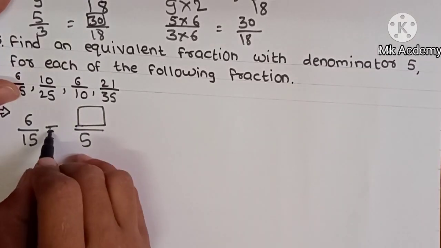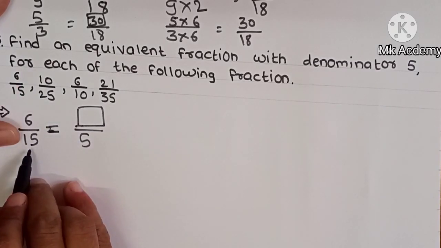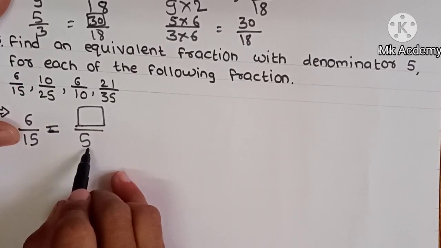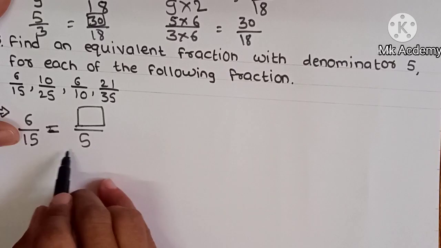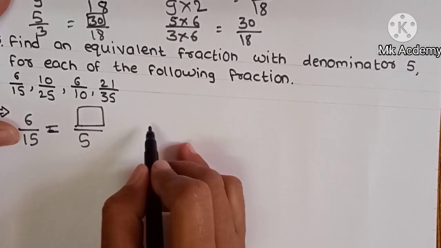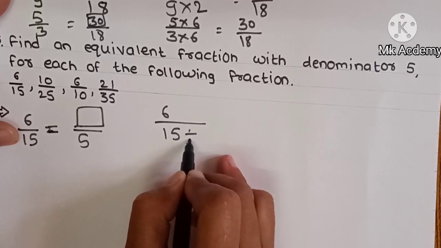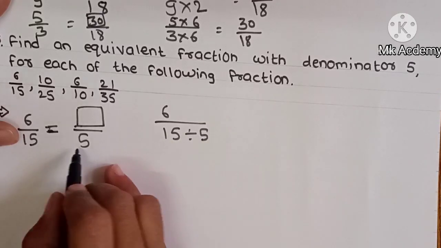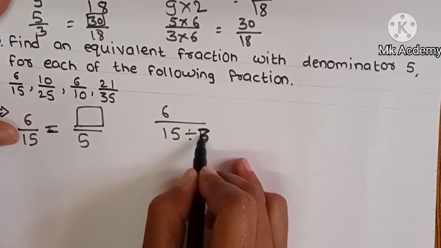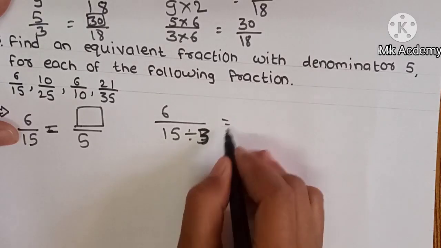Now see, this is 15 and we require 5 here. Now in this question we have to divide. See, 15 divided by 3, then we get 5. 3 fives are